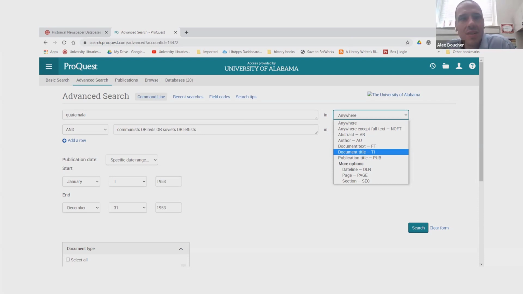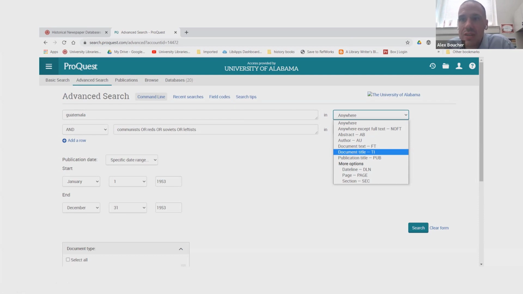Now here I've used another term that sounds silly now, reds, but that was actually a term that would have been used in 1953 newspapers to describe communists or socialists or things like that. So I'm looking for a number of different terms there, but going beyond that, the databases also have other mechanics. What you'll see on the right-hand side are the search fields. The default for that is usually anywhere. What that means is it's searching for the word Guatemala anywhere. It's searching for it in the title of an article, in the full text of an article, and in what's called the metadata of the article, anywhere.